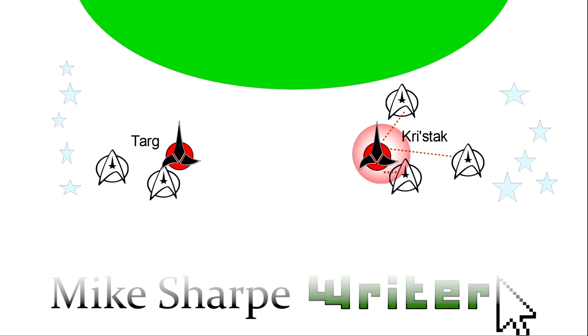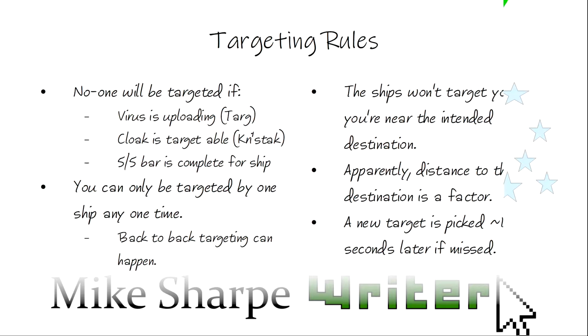Now, this sounds all a bit confusing, but we better talk about what I call the targeting rules. Now, the targeting rules: no one will be targeted if targeted by one ship, if either the virus is uploading for the tag, or the cloak is targetable for the Christak, or